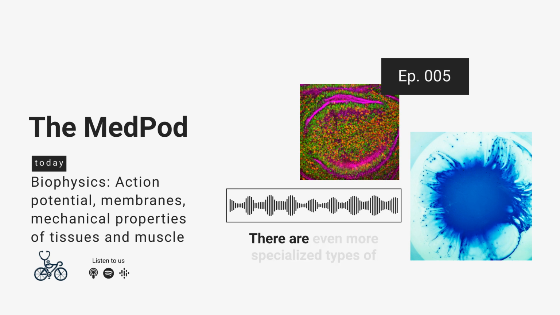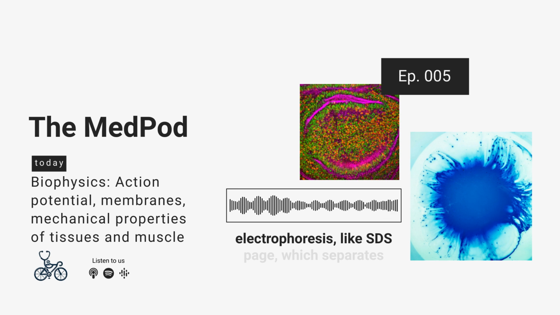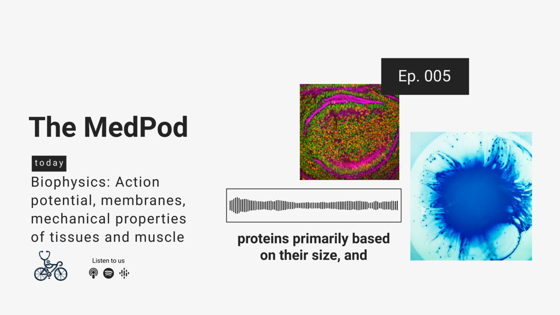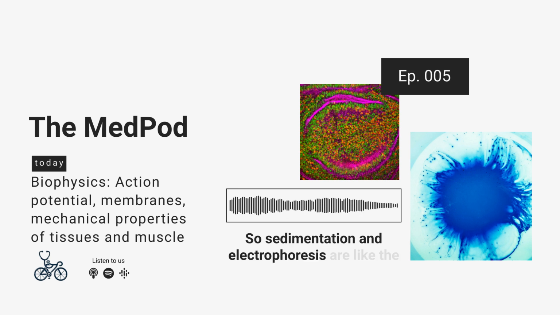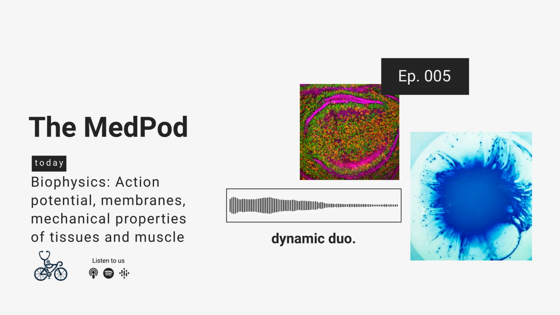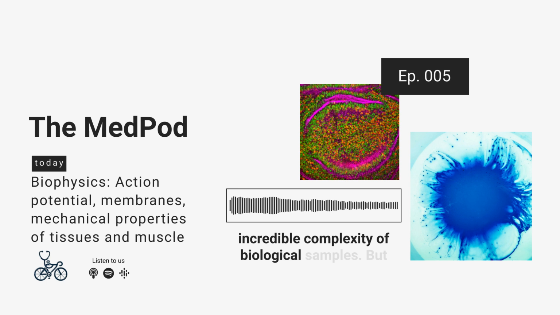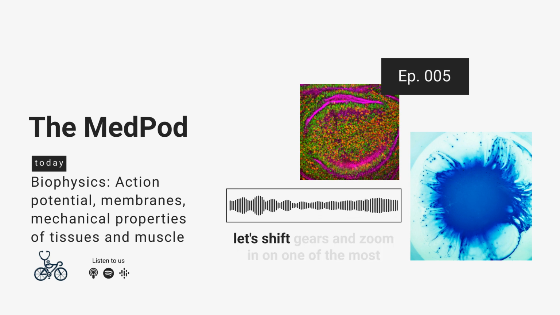That's incredible. There are even more specialized types of electrophoresis, like SDS-PAGE, which separates proteins primarily based on their size, and isoelectric focusing, which separates them based on their charge. So sedimentation and electrophoresis are like the dynamic duo of biophysical techniques, helping us sort through the incredible complexity of biological samples. But let's shift gears